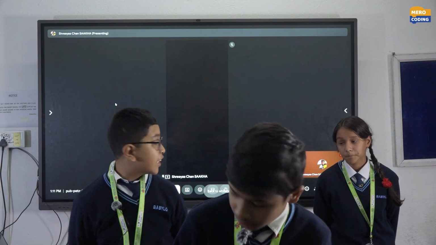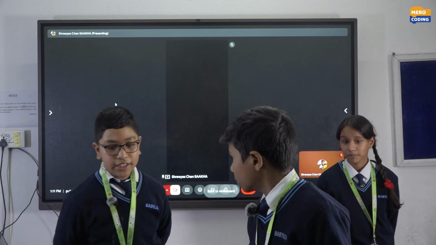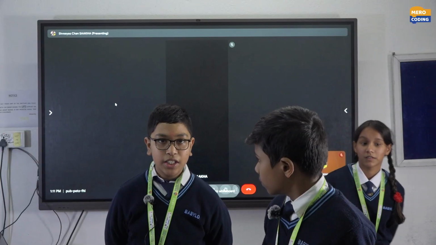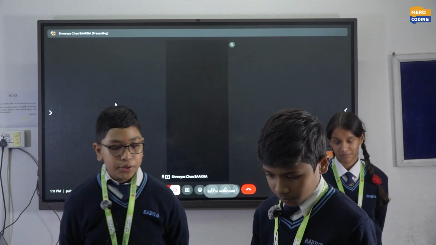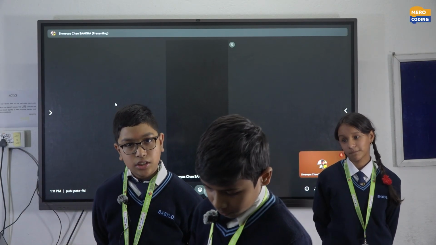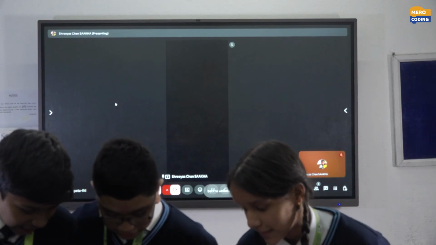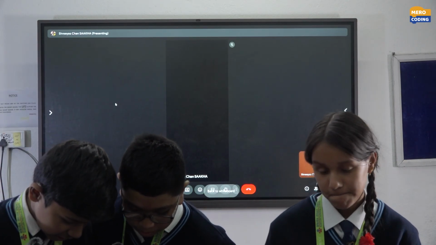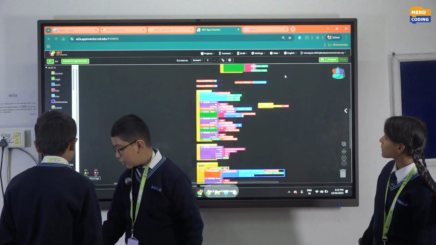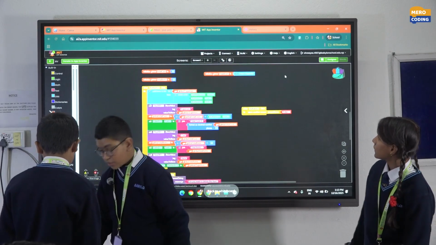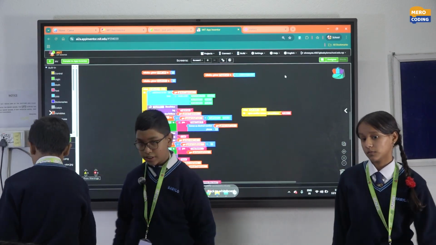Oh, and one more thing, we can also remove the titles, or we can remove the data that you have just added in our database, just by clicking it. So here is the code for our expenses tracker.